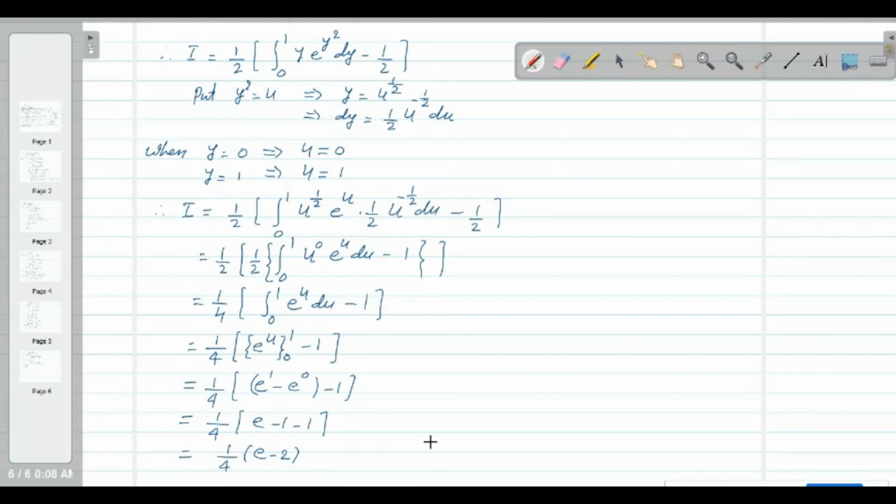हाँ सर, सो दिस इज यही आंसर है, तो दिस इज योर फाइनल आंसर। हाँ सर, आ तो यही रहा है, हाँ यही आएगा।